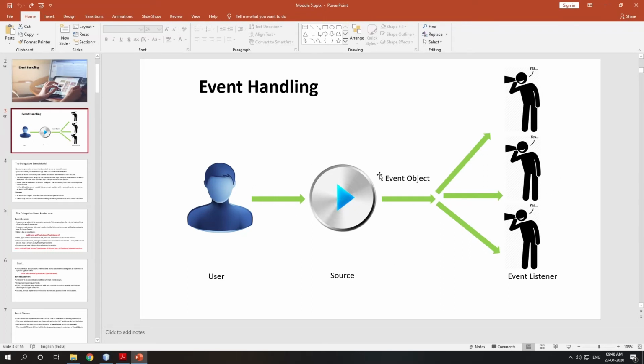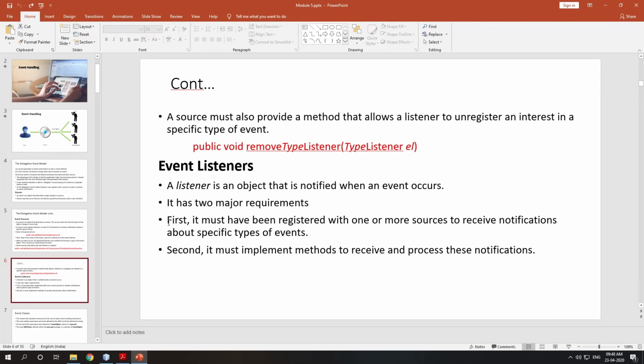For one specific type of event, a specific type of listener is available from Java. Second, it must implement a method to receive and process this notification. The processing can be output, or it can be anything that a user wants.